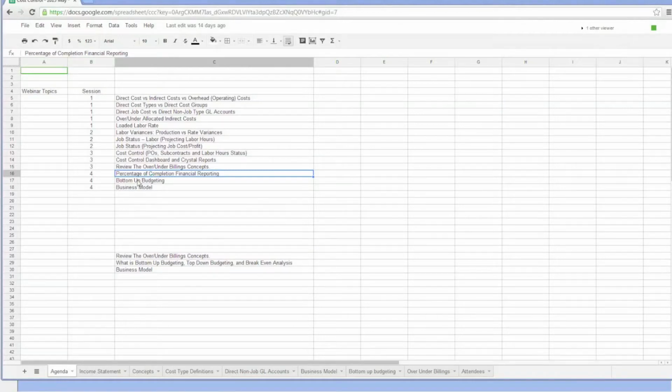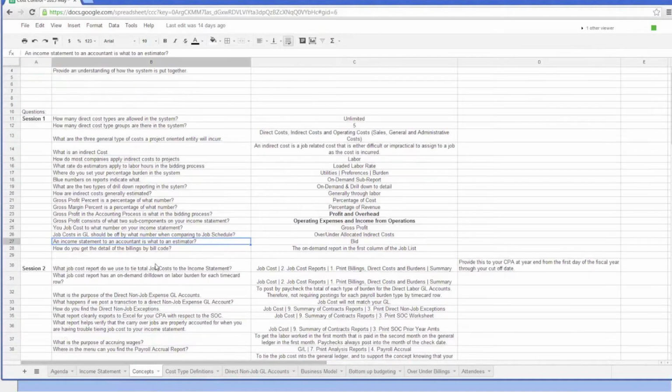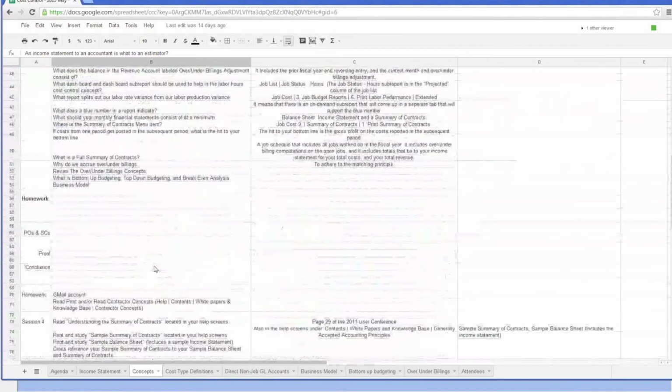In this session, the last of the 4 sessions, we'll cover percentage completion, financial reporting. We'll talk about budgeting, and then a little bit about the business model. In addition, we'll cover some of the concepts we've talked about in the past. So in our 4th session,